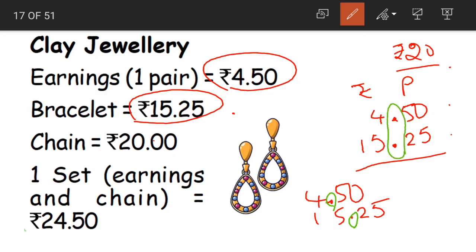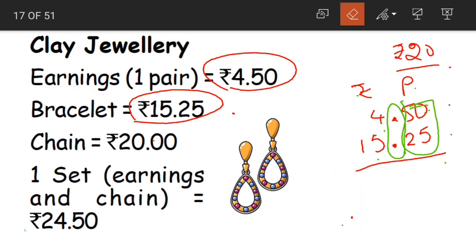We should write it like this, children. Both the points are in the same place. The paisa of both the amounts are one below the other, and the rupees are one below the other. If you look here, see 5 is paisa here, but this 5 is from rupees. Yes, these two are different. We should not mix them up together. So what is the important point to remember? The rupees and paisa, we should not mix them up. Now we have written down the amounts. We have to simply add.